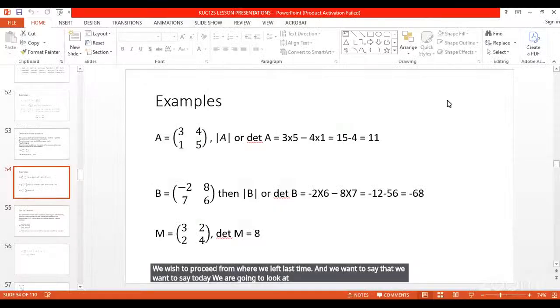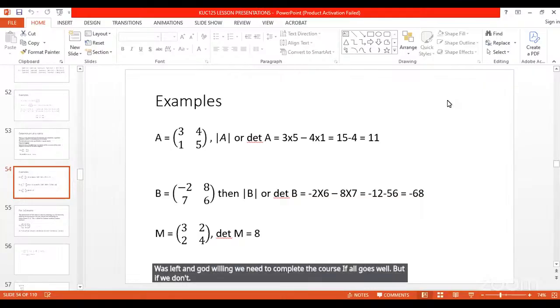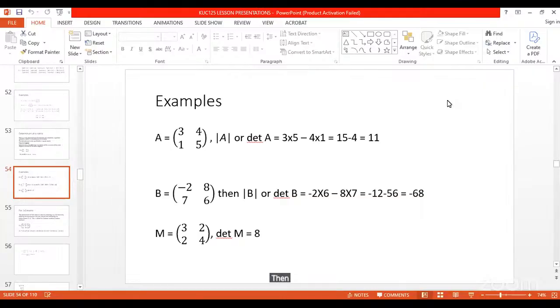What was left, and God willing, we need to complete the course if all goes well. But if we don't, then we are likely to complete it next time. So we wish to look at